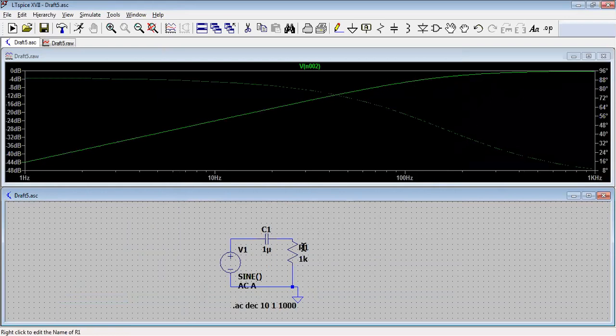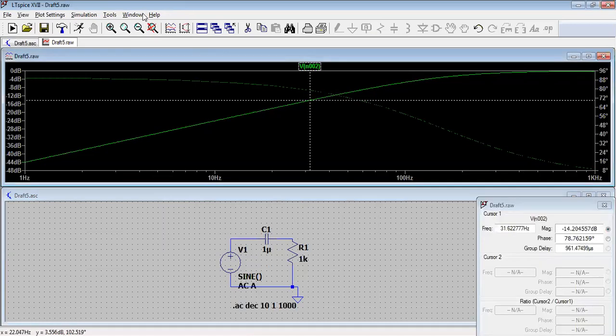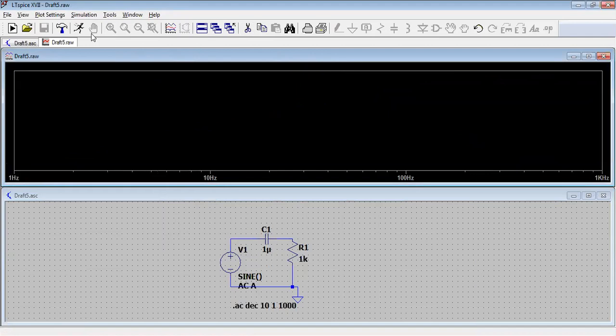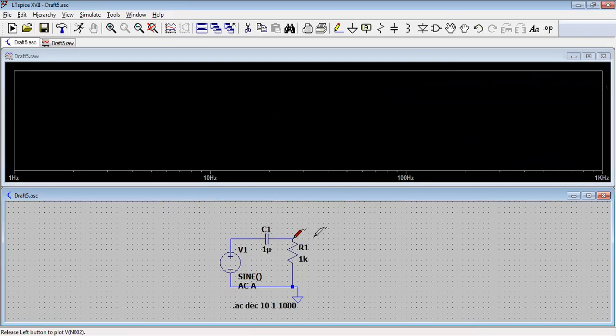So here if I am taking the voltage, this is the VN2, that voltage is across this particular resistor. So let me close this particular plot. Okay, let me cut this particular part and run it again. So what you have to do, you have to just click this particular point where you want to take.